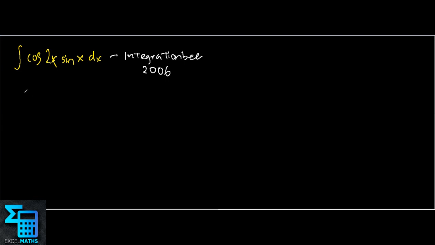All right. So first thing we do is that we need to convert this cosine 2x into sine by using the trigo identity that cosine 2x is equal to 1 minus 2 sine square x. So first thing, we change cosine 2x to 1 minus 2 sine square x, and then we have the integral of 1 minus 2 sine square x